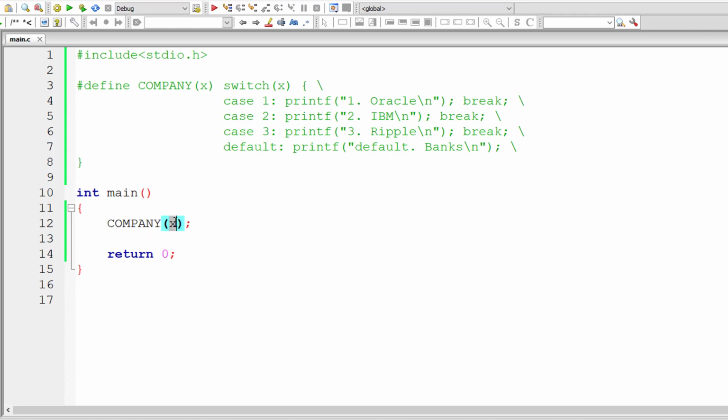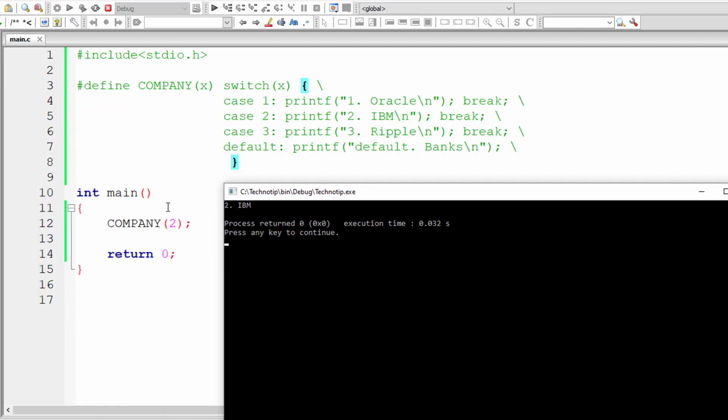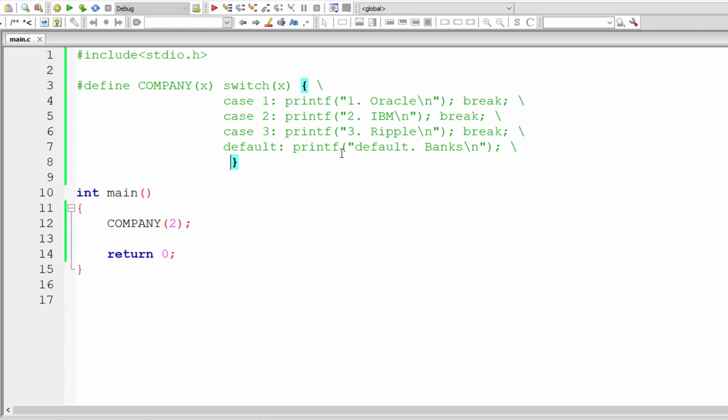So closing braces. So I'll pass 2 to it. Let me align this a bit. Okay, so company of 2, that should print 2. IBM, and that's working clearly. So let me show you for some other selection. I'll pass 3 here, so it should print Ripple,